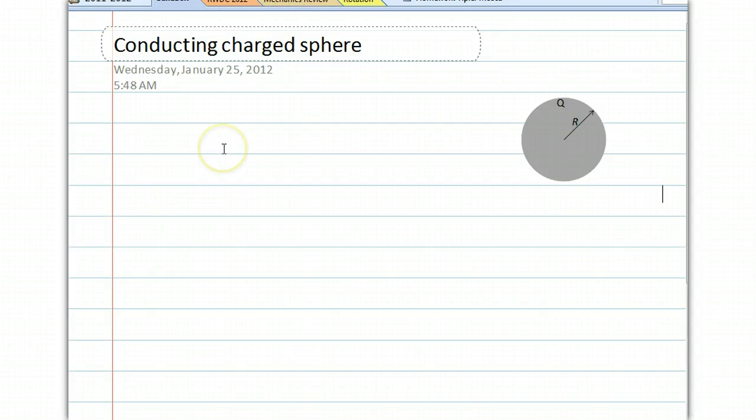Okay, consider that we have a charged conducting sphere. This is a solid sphere, made out of conducting material, metal. And we're going to charge it, place some charge on this conducting sphere. Examine what happens. Because this is made out of conducting material, we know that the material itself has a